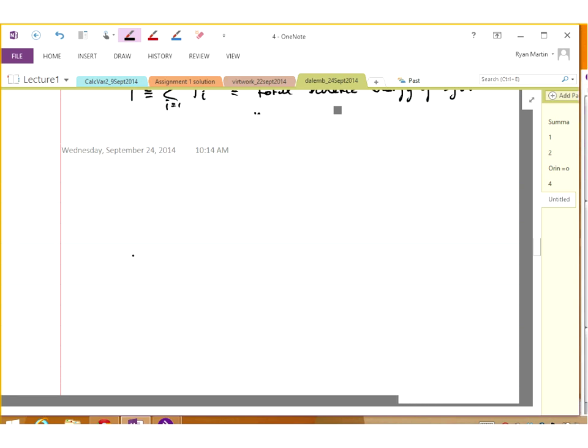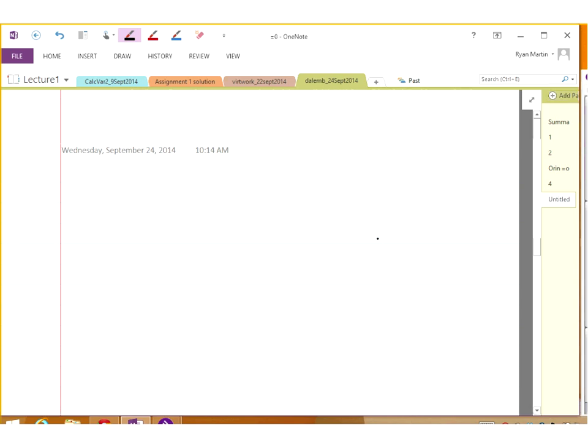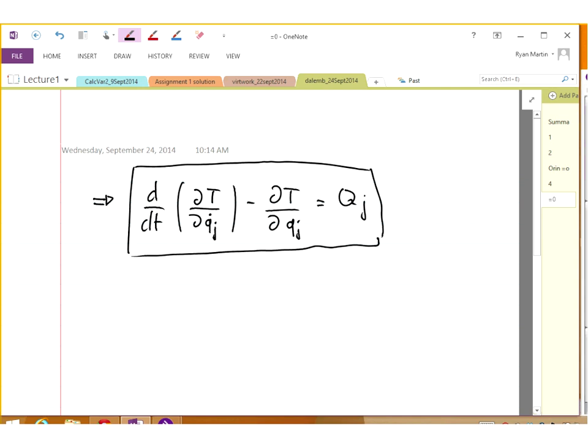And that's really the result. So T is the total kinetic energy. So let's finish this up